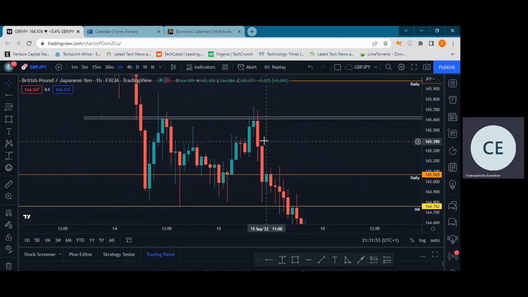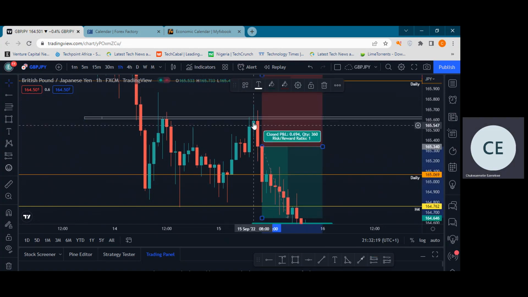So you're looking for a continuation. You would have said on the 1 hour, would have entered from here as soon as this 8 a.m. candle, well, this 9 a.m. candle closed. Remember what I said yesterday? I've noticed that the 8 a.m. does not have that push anymore. It's now the 9 a.m. And it's what happened here. Look at the push, look at the volume, look at how big this candle was, right?